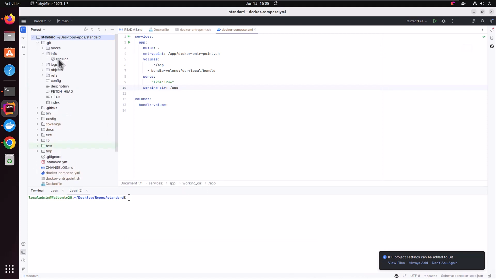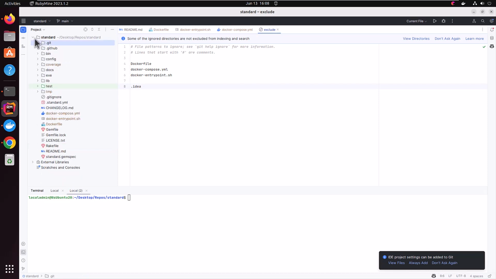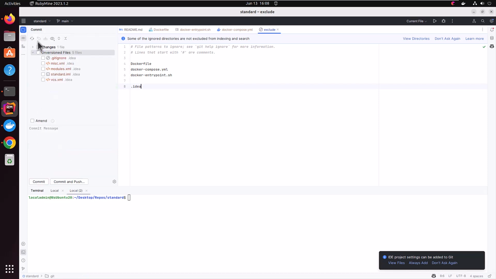Because what we want to go into is this info and exclude. Because again, I don't want to change the git ignore. So we just want to ignore these locally. And I want to ignore the .idea folder. All right, so that's all done. So now if I go to the commits, I should see